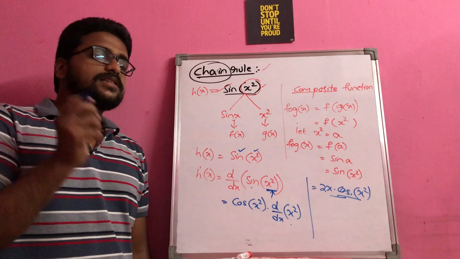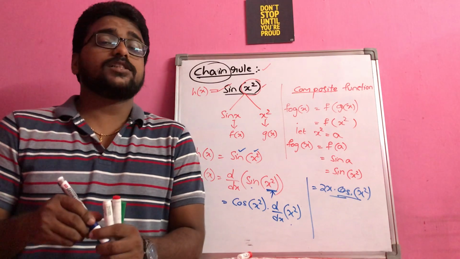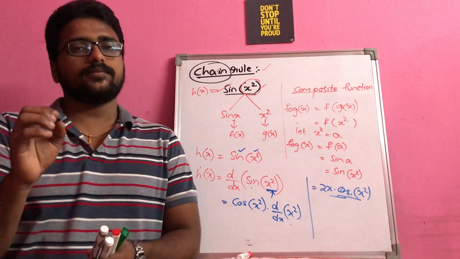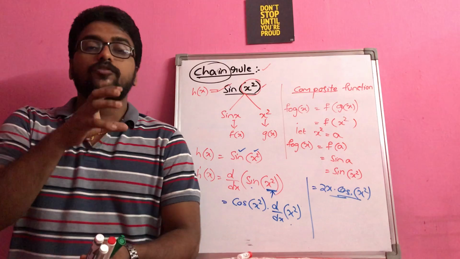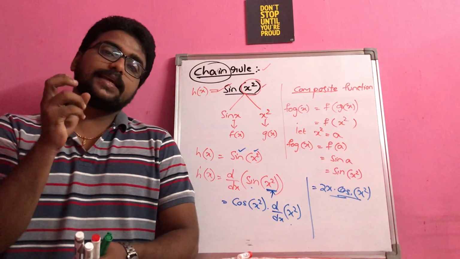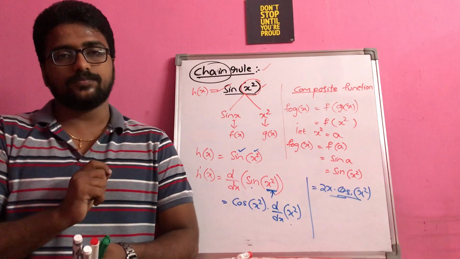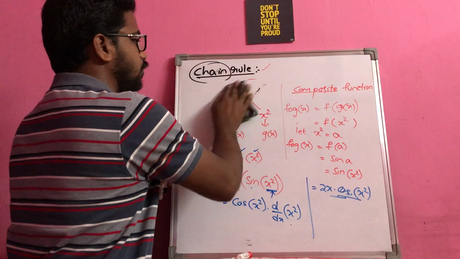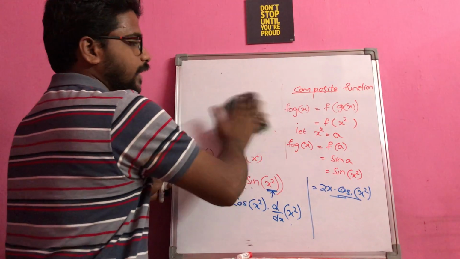So the first thing, when you have to apply the chain rule, whenever you see the functions which are not in the standard form, see for example x square, e power x, a power x, sin x, cos x, these are all the standard functions that we learned the formulations with respect to differentiation. When the function is not existing in the standard form, you have to go for the chain rule, right? Now let us do one or two questions based on this chain rule, and later we will go for the discussing of implicit and explicit functions.